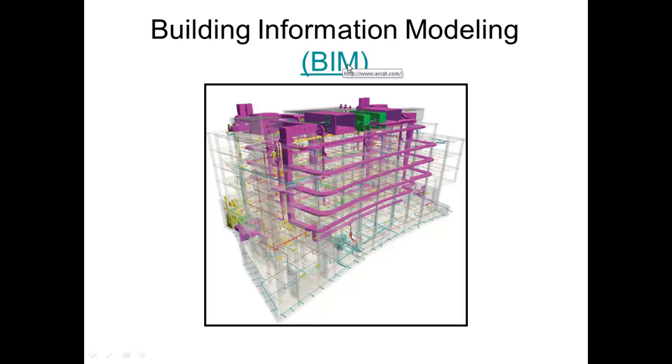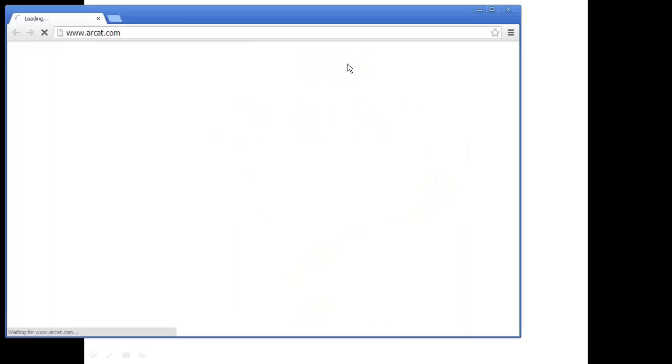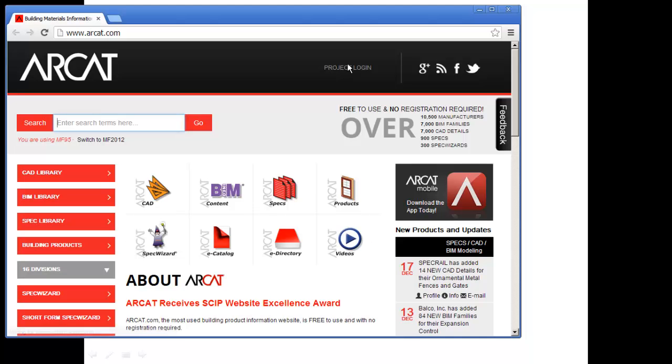Now, if we look on a website, I'm going to pull up this website. It's called ARCAT. ARCAT is an architectural catalog that includes a CAD library, spec library, and building products, and we used to have something in the old days of board drafting that was Sweet's catalogs, where you can get all this information. Now it's all in electronic formats. So if I were to look at BIM content,